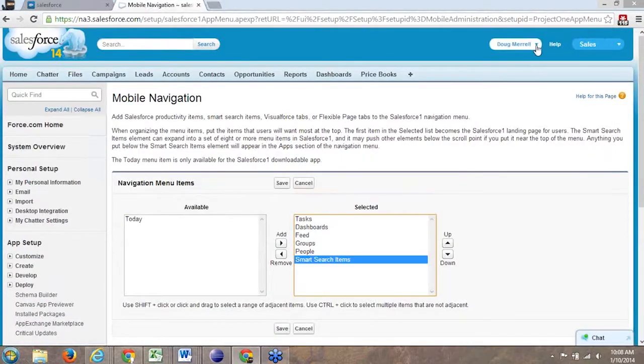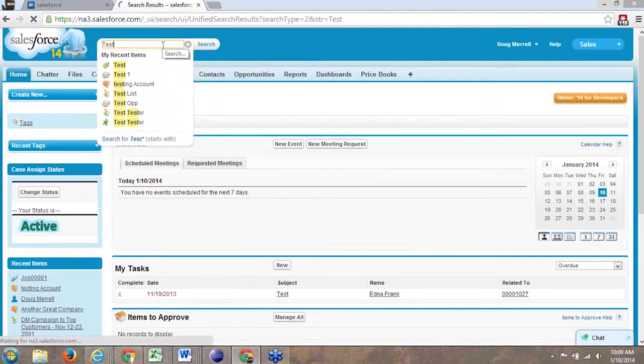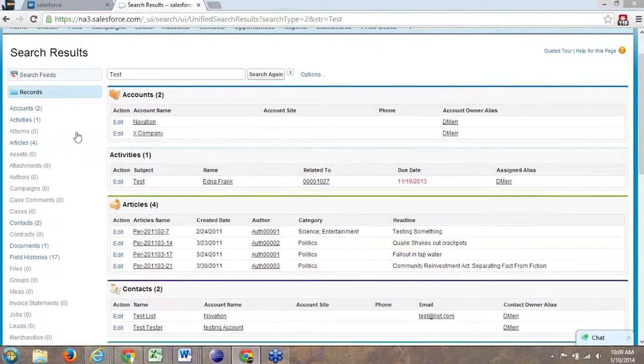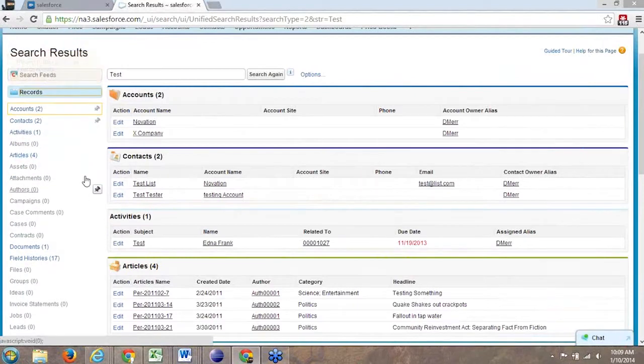We go back to our Salesforce instance. I click on, say, Home or something. If you go to your search menu and just search for things, right here in your search results, you have the ability to pin certain things as your search results that you'd like. So, for example, if I pin contacts, and I pin accounts, and I pin, say, maybe assets and campaigns or something,